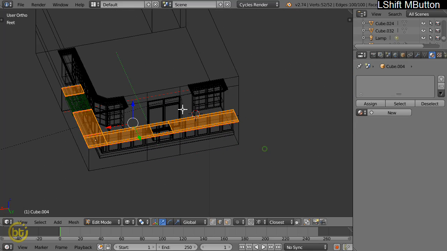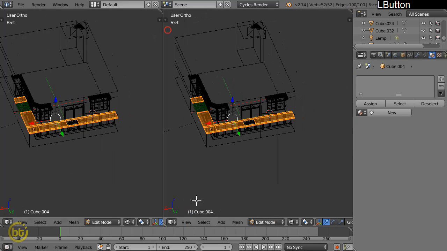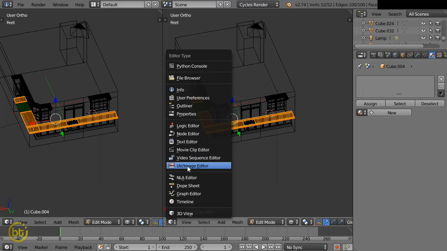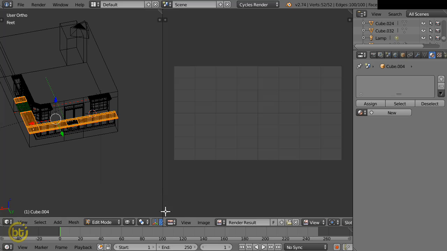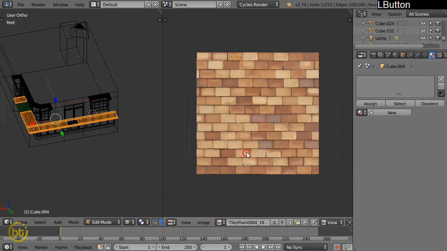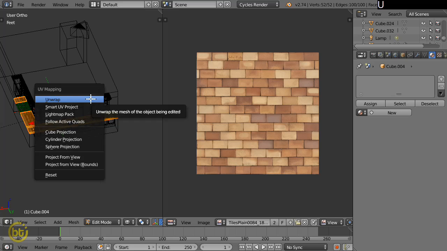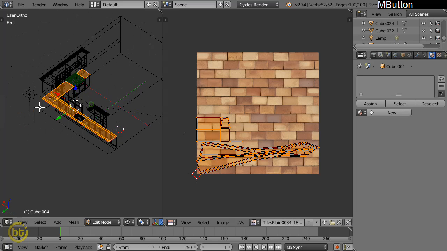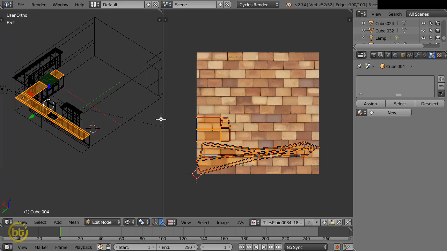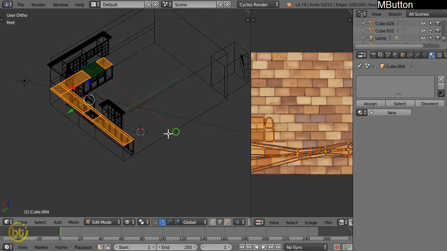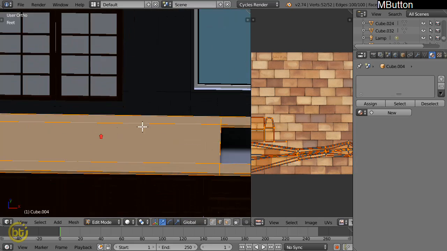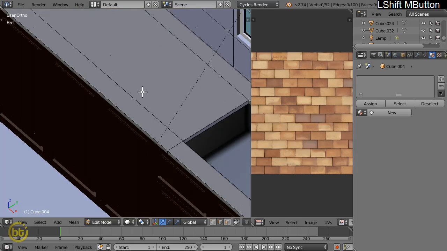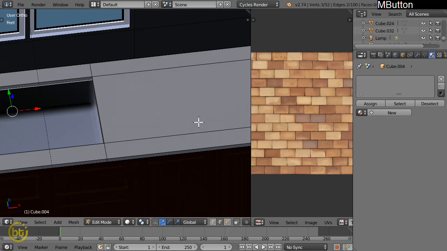Okay, now select everything and split this view and change this one to UV image editor, and here load any reference image just for the reference only, and view unwrap. Now the unwrap is messed up, something looks weird, so we need to adjust that. And the reason for that, select this, I think,